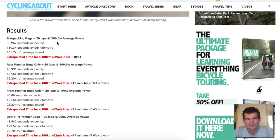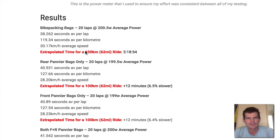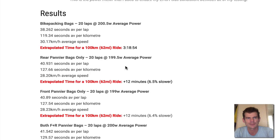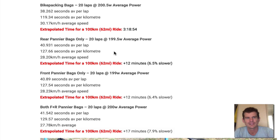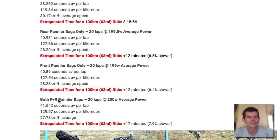And we've got an average speed of 30-point-something. So let's say you do a 100k ride, you're doing about 3 hours 18, 12 minutes slower with the pannier. So what is more aero is the bike packing stuff. Now here's the thing, for the Indie Pac, everyone's doing bike packing. I might even run panniers. I might regret it, I don't know. I'm going to do some testing this week. But if you run front and rear panniers, you're going to be 17 minutes slower per 100 Ks, assuming you're doing 100 Ks at a 27-hour average. So you're probably not. You're probably going to be an hour less per day with the panniers, but